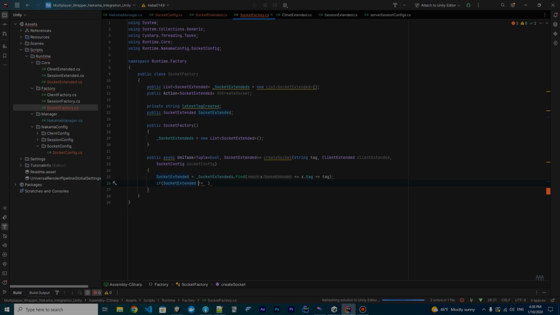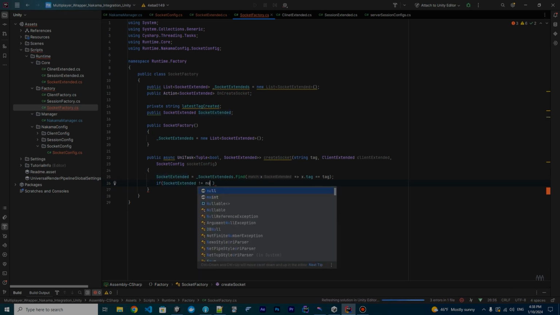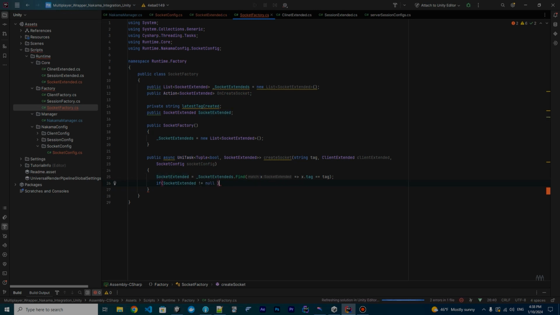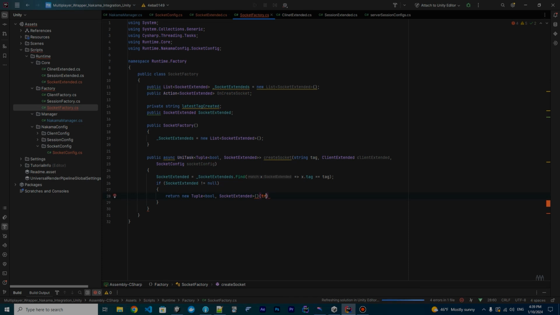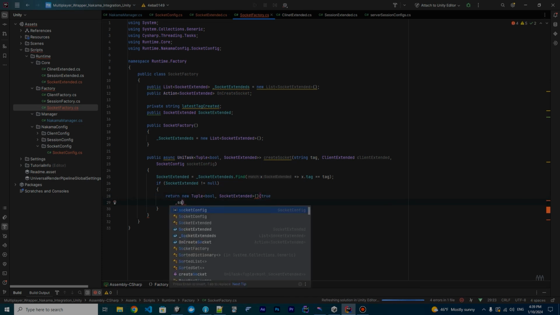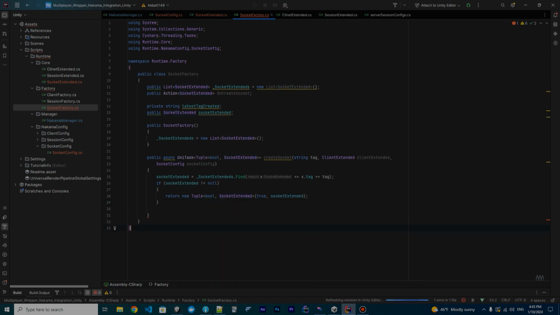It means this socket already exists. So it returns a new tuple with true. It means yes, it exists. To return the SocketExtended. So if it cannot find a SocketExtended with the same tag, create a